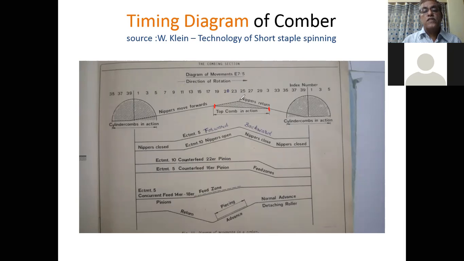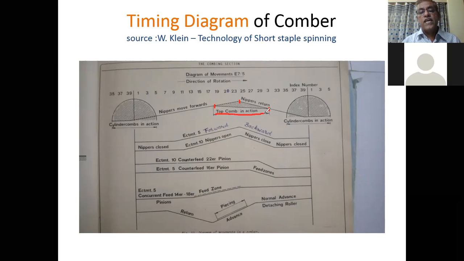It will be in the most downward position at index 24, and then it will go back, and at index 31 it will go upward. So this clearly shows the top comb in action.